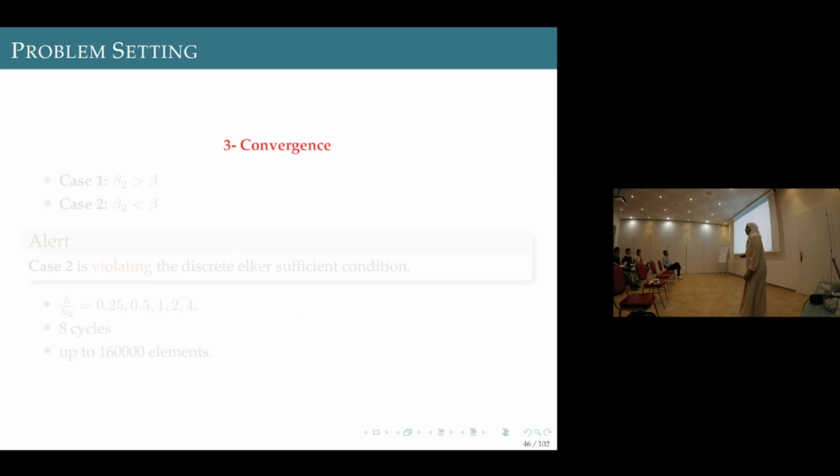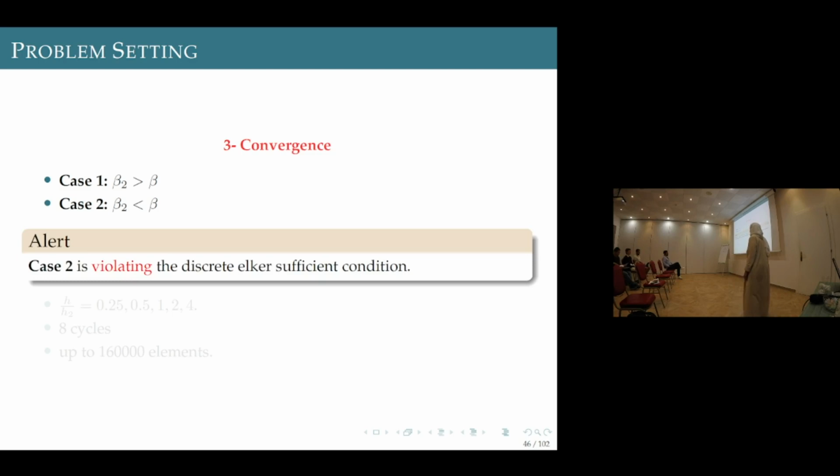The last thing I'm going to talk about in this part is the convergence. We test this in two cases: beta 2 is greater than beta, and beta 2 is less than beta. However, for the second case, we're violating the discrete Elker sufficient condition that we said in the proof, right? We test this under different ratios between H and H2, so here we have 5 different ratios: quarter, half, 1,